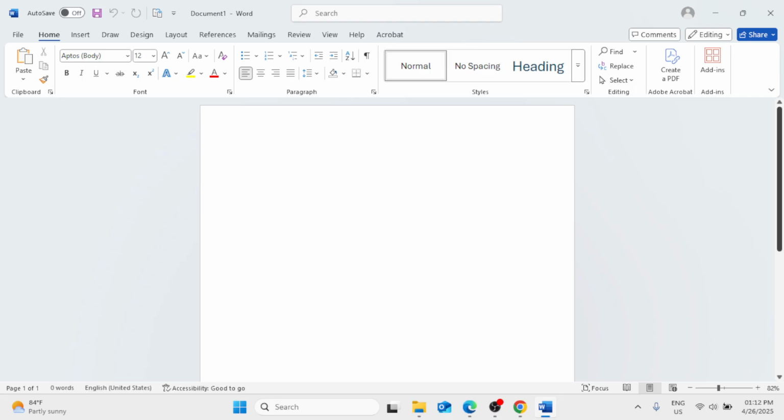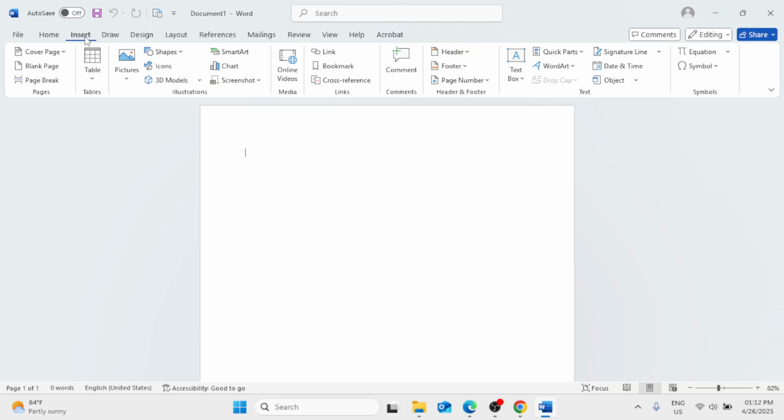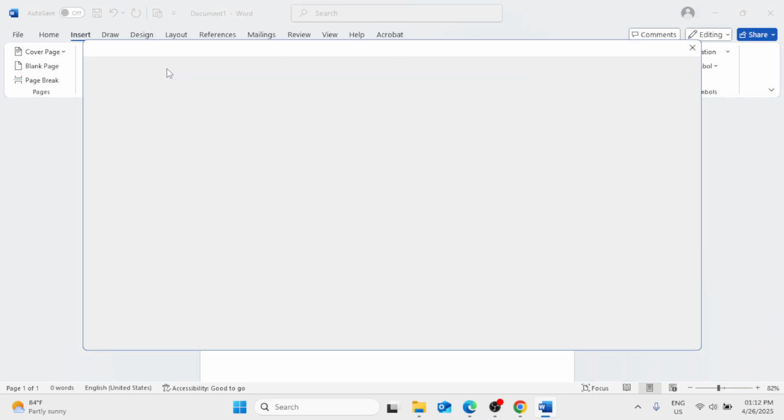Now, once you're in this window, you need to look at the ribbon at the top and you will find all these tabs: File, Home, Insert, Draw, Design, Layout, References, Mailings, Review, View, Help, and the Acrobat tab. What we need to do is click on the third tab, which is the Insert tab. And here you will find Icons. Insert an icon, click on that,